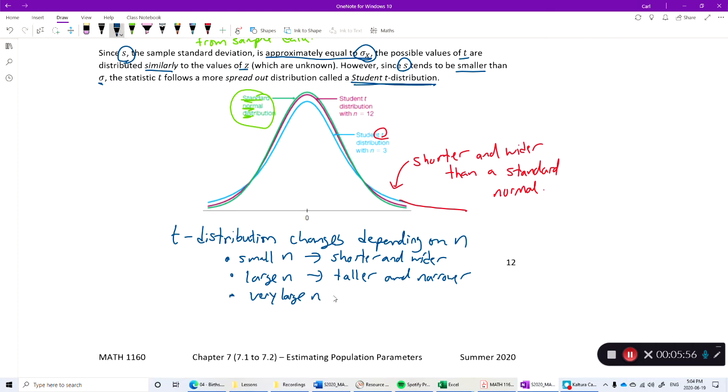For a very large n, then it actually becomes the same as a normal distribution. So if you have a very large sample size, this strange new thing, the t distribution, is just the same as what we're used to, the standard normal. Okay, now